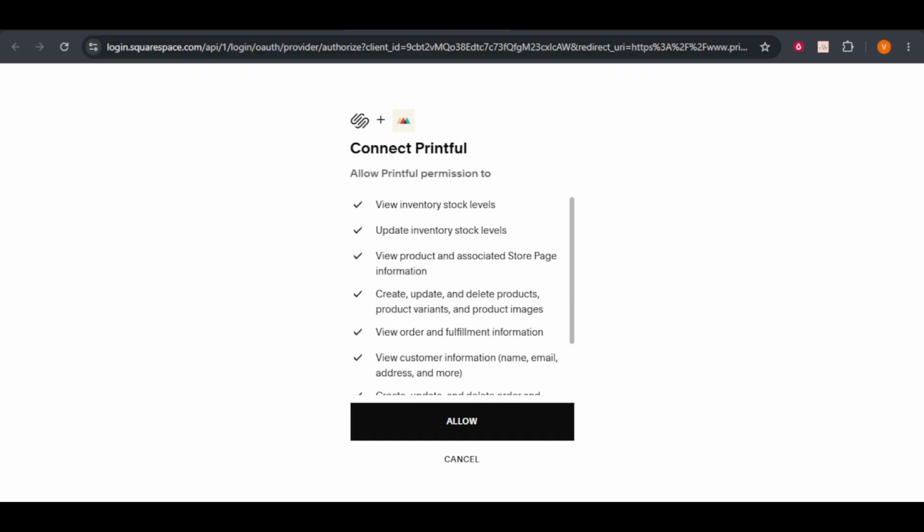And there you have it. Connecting Printful to Squarespace is a straightforward process that opens up a world of possibilities for your online store. Whether you're just starting out or looking to streamline your existing setup, this integration is a game changer for your